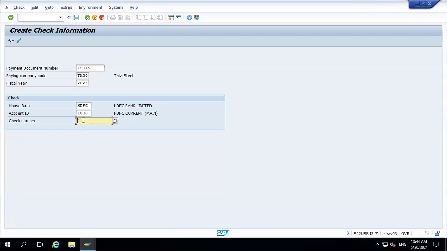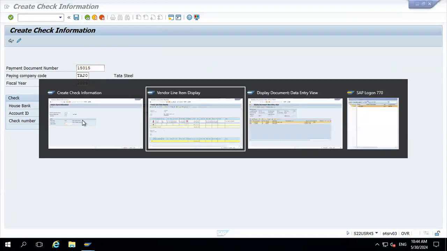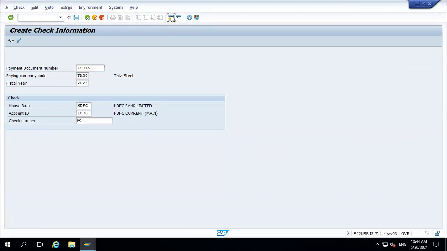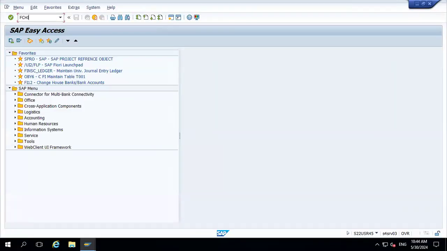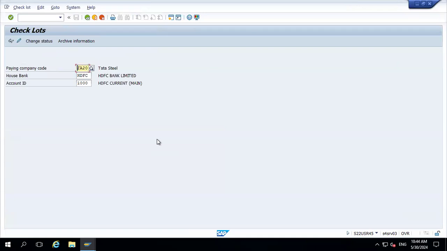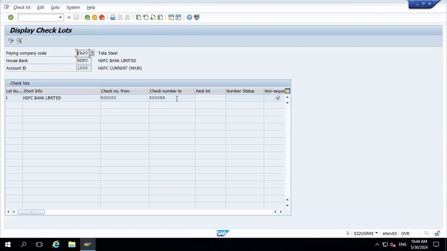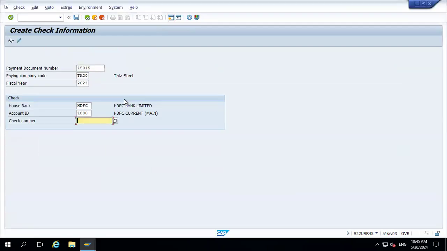Now I will select the check number. So check number, what is the range I need to select? From here, FCHI. 5 lakh to 5 lakh 99. Okay. So let's say first thing I will select 5 lakh. I will press enter. So it says that